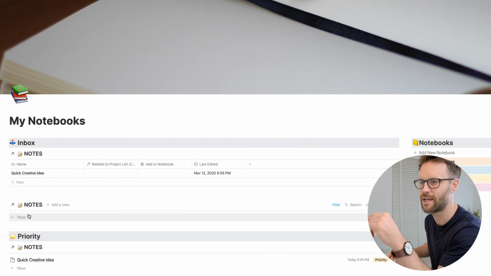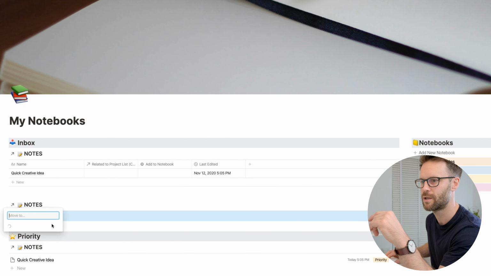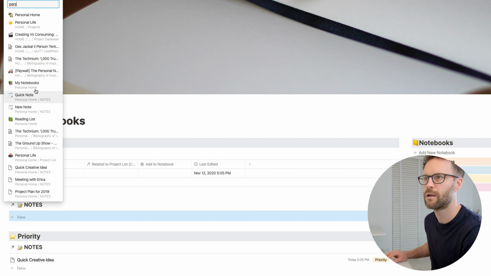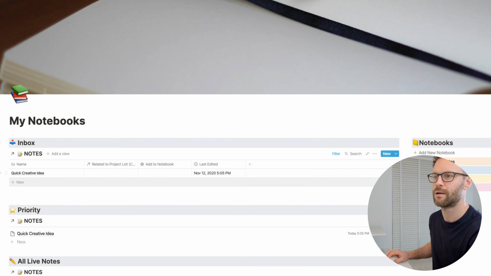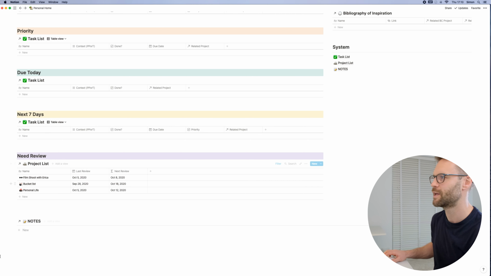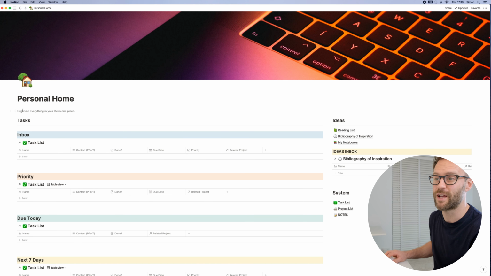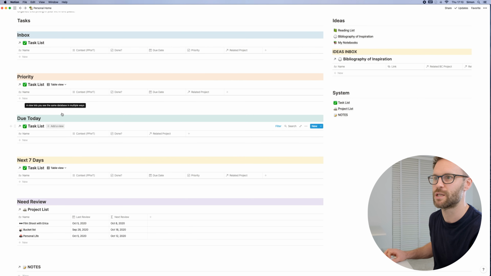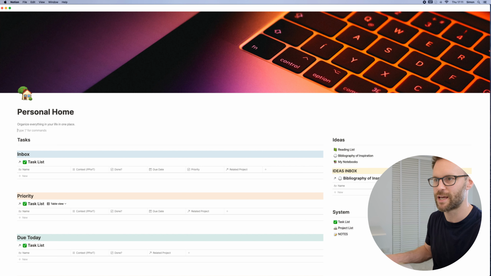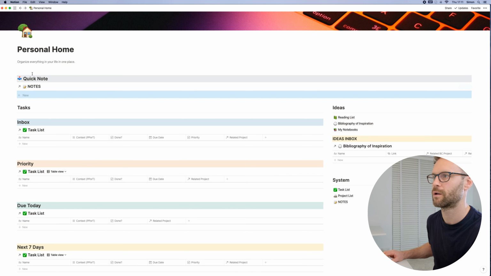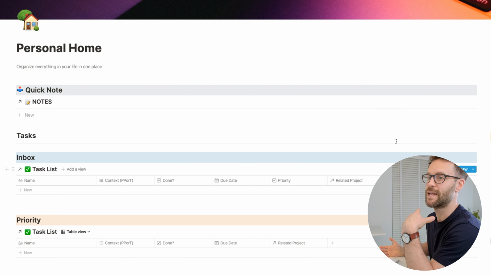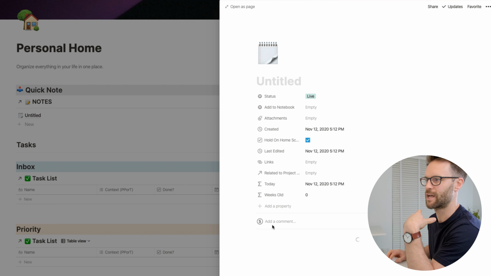So I'm going to take this copy and I'm going to move it to my personal home. There you go. Now if we go back to personal home, you will see it down the bottom here. Now you can put this where you like it. I find for notes what's great is I can actually put it right up here, and what I'm actually going to do here is go, there you go. Now what that means is I can very simply add a new note, make it a quick note,